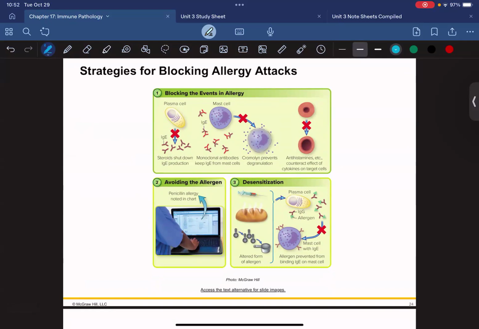And other things. We can have infusions with monoclonal antibodies as well. Then we have blocking the histamine response with antihistamines so that you don't have that vasoconstriction, vasodilation, control that better and keep it more homeostatic, right? Avoiding the allergen, go figure, put it in the medical charts, make sure that person